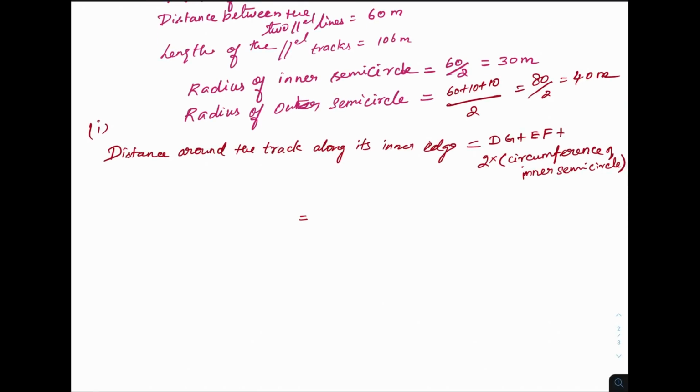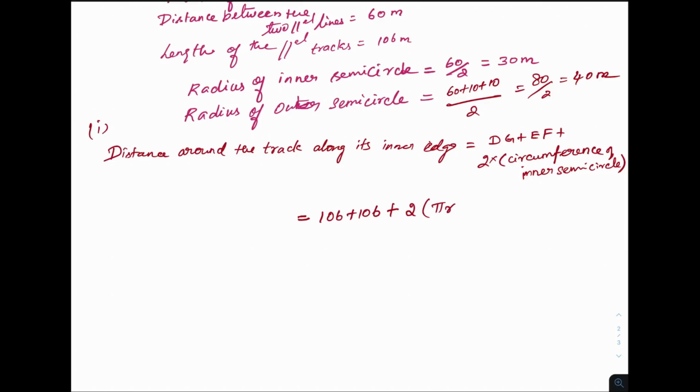Here I am writing on one line because I don't have space, but you should write it one below the other. Now you see distance DG plus EF, 106 plus 106 plus 2